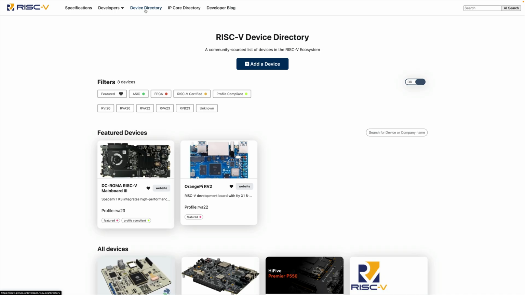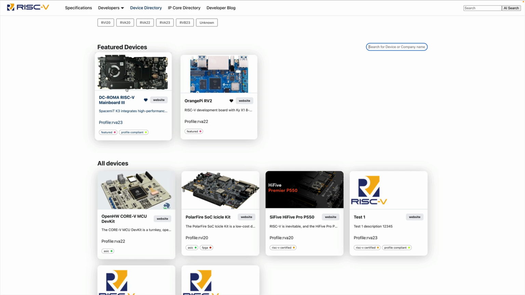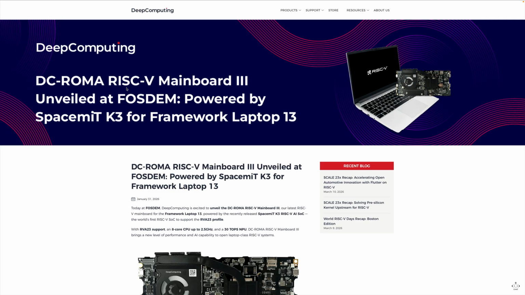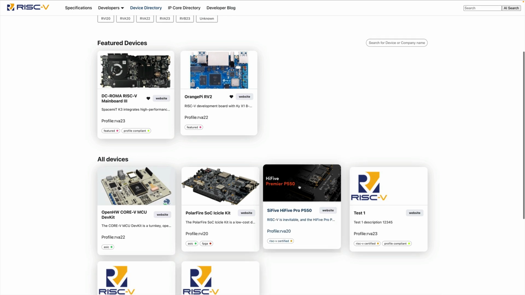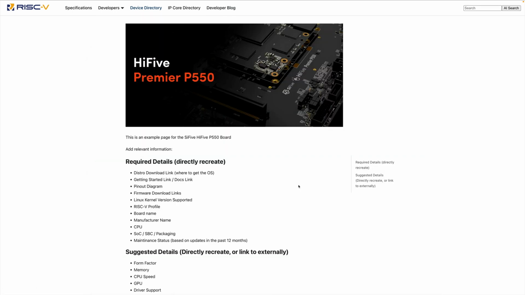Further, we've got the device directory. This is an extension of the existing RISC-V Exchange. This allows us to easily find information about boards. We've made things searchable by tags such as ASIC and FPGA, via profiles, and you can search for devices by name or partial name matching. In each of these, you can either directly link out to it, like this one, which will link out to the website for the product, or we can have an internal markdown file that has more information.